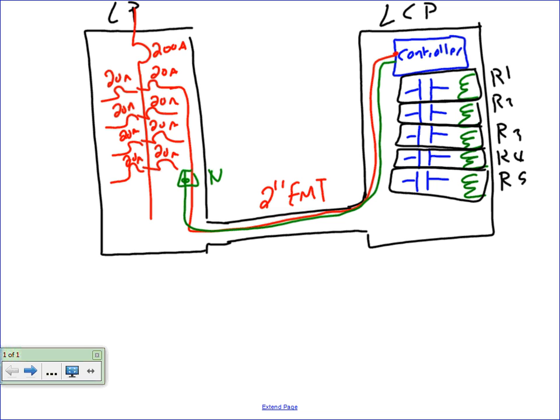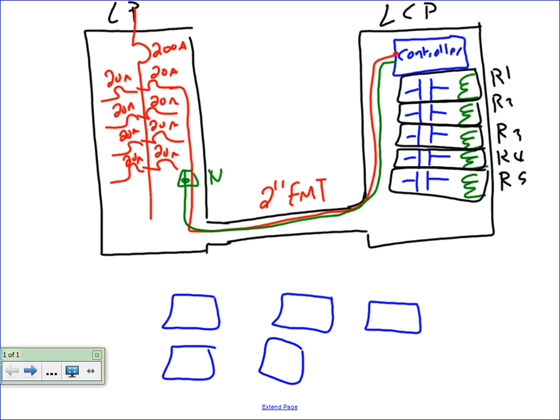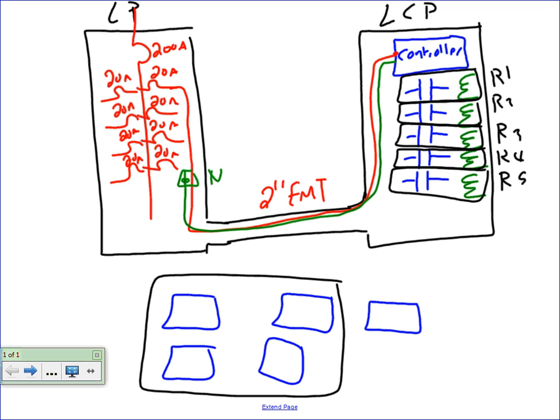Yep, the controller is powered. Okay? Now when you power the controller, the first thing I want to show right here, so we power the controller, I need to show multiple lights, and because of that, I'm going to show lights right here. Here's 1, 2, 3, and 4, 5, and I'm going to show these in one room, and this is in